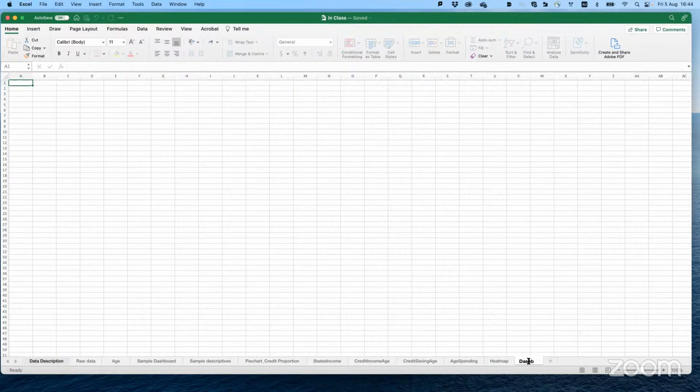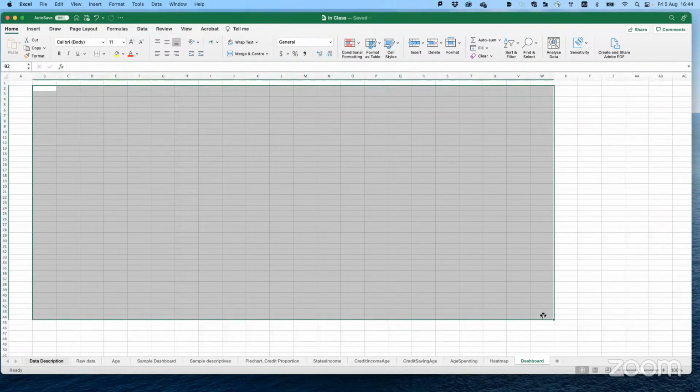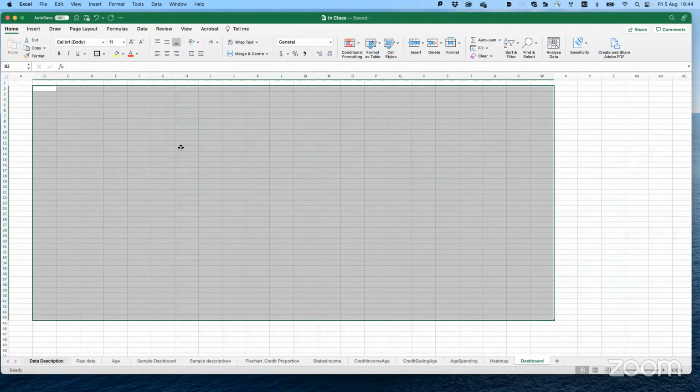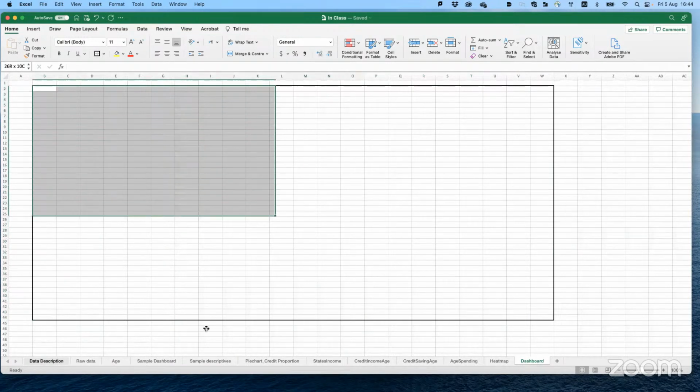Please know that for the purpose of your assignment, only this dashboard is going to be marked. Whatever you have on the other sheets is not marked. But again, you needed to create them to have your dashboard here. Think about it, we pick this space for our dashboard. You pick yours. I like to pick a few cells.